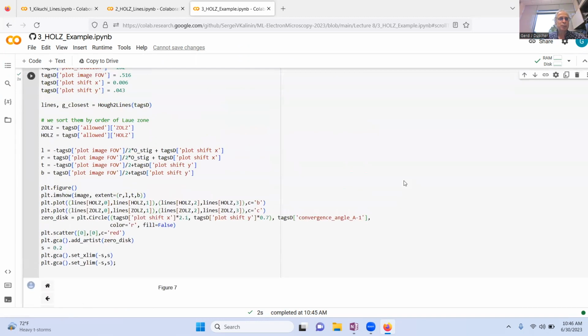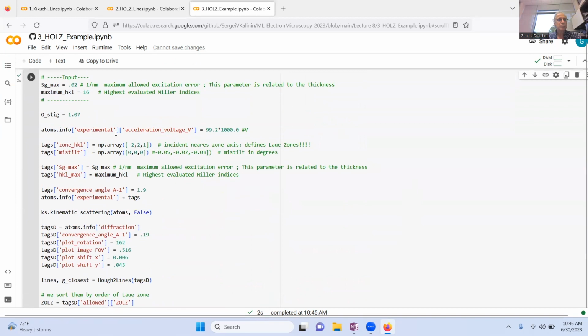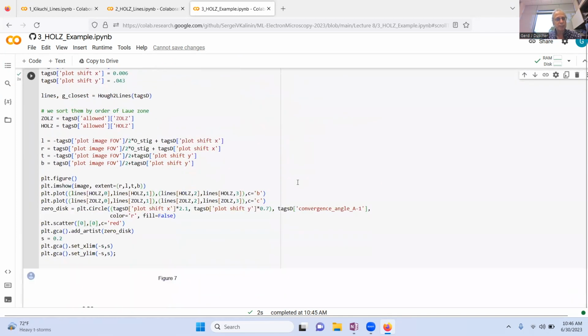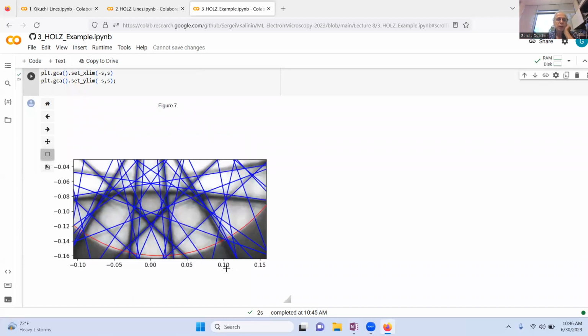So what did we do? We just increased the maximum HKL, but we left the excitation errors the same. Okay. So we have a lot more of them. And if we zoom in here, we see that these weaker ones are also within here. They're a little bit off, and you can play a little bit with the